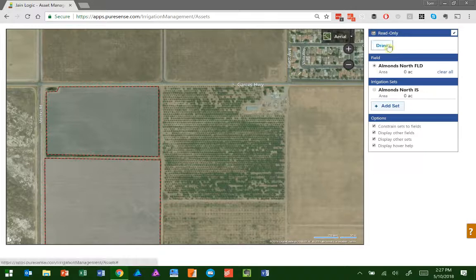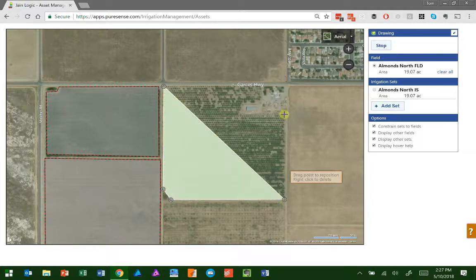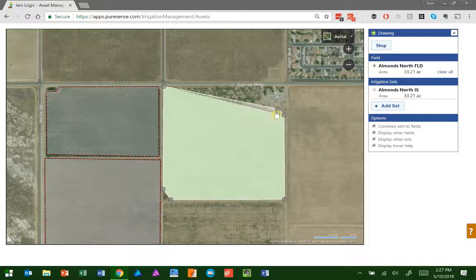So we switch to draw. So we click the draw button, and now this turns on the drawing tools. And we can just go along and click out the perimeter of this field. Include that corner there. We're going to come up, and you can actually get fairly precise. Don't worry, if you do something you can always edit it too. So we'll just quickly click this field boundary,